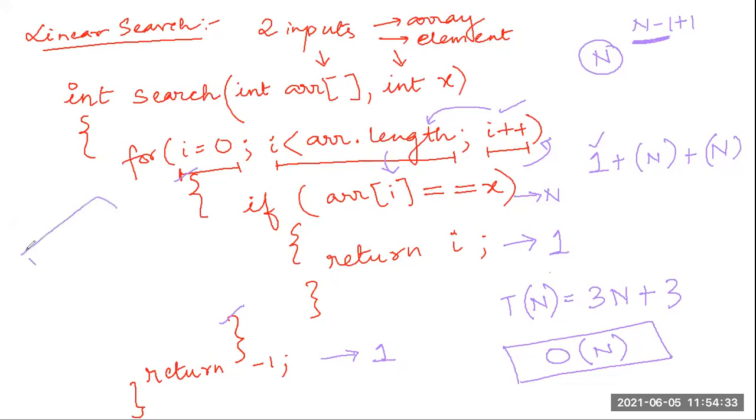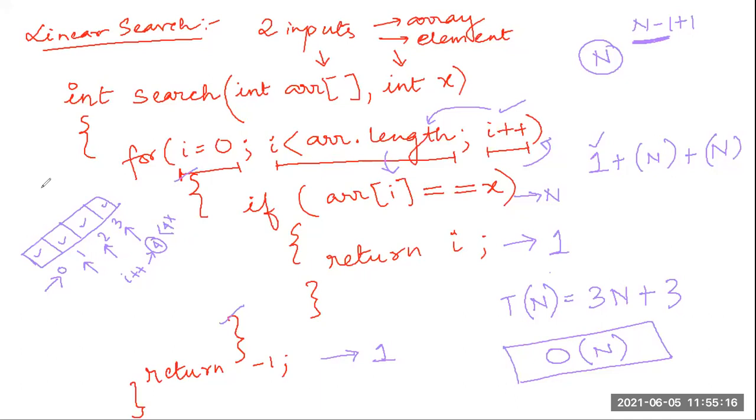See, this is our array. Suppose it has indexes 0, 1, 2, 3. Suppose I have a few elements. I start with 0. 0 is less than 4? Yes, true. Do something. Then i plus plus, 1. 1 is less than 4? Yes, true. Enter, do something. i plus plus, 2 is less than 4? Yes, true. Do something. i plus plus, 3 is less than 4? Yes, true, do something. i plus plus. In the last step you also do i plus plus, then your i goes to 4. Is 4 less than 4?